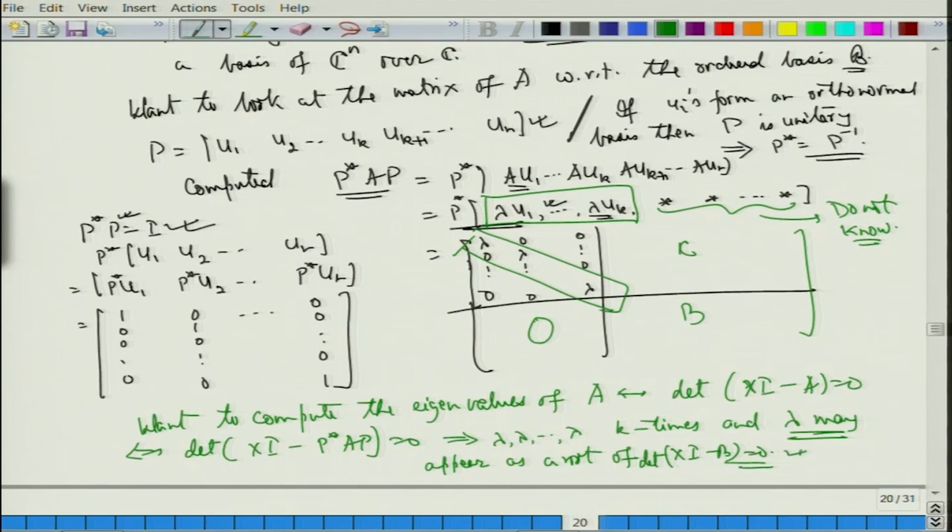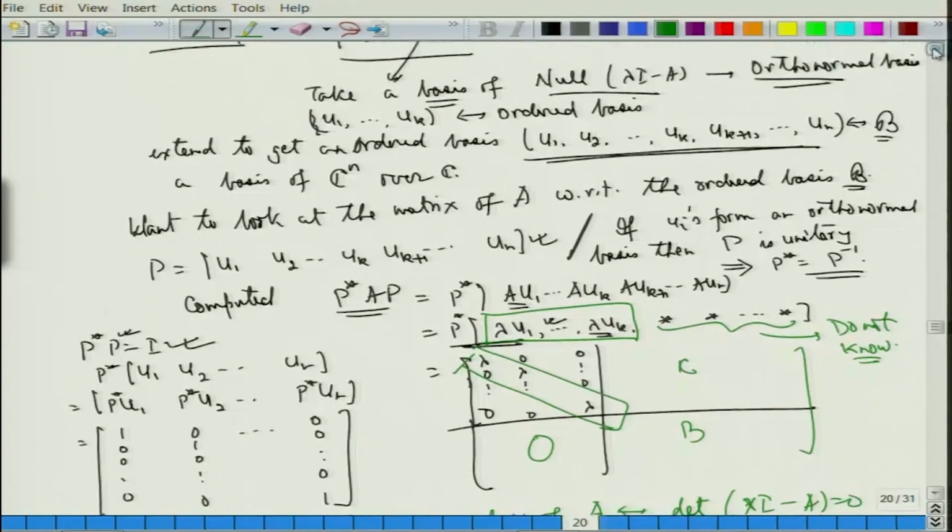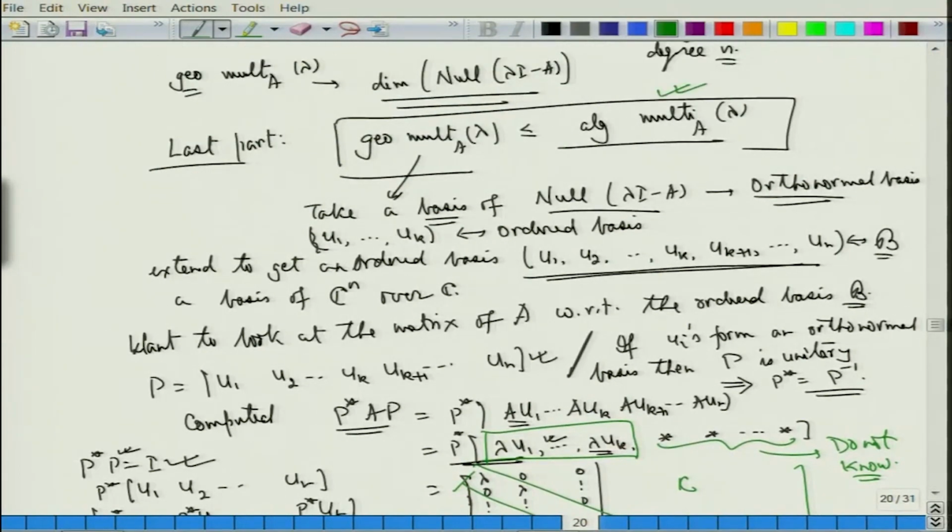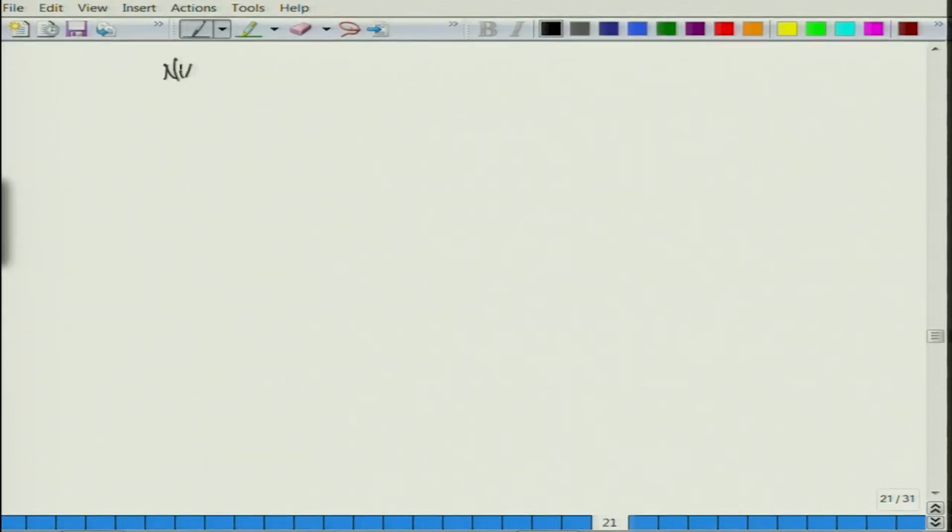So I do not know about this part, so the lambda can be more, so the algebraic multiplicity can be more, all right. So this is what we wrote here, that algebraic multiplicity can be more because some lambdas can appear from B, all right. This is what we had, and this is what happens in most of the examples when we look at what are called nilpotent matrices. So if I look at the nilpotent matrices,